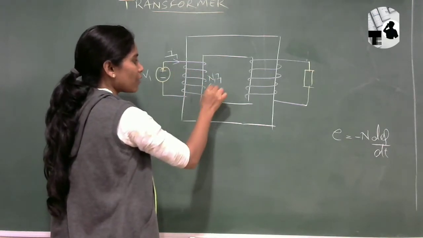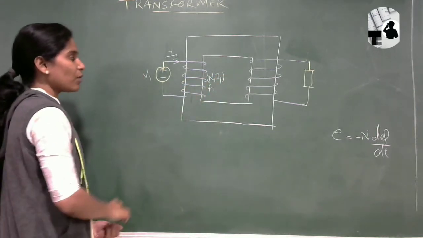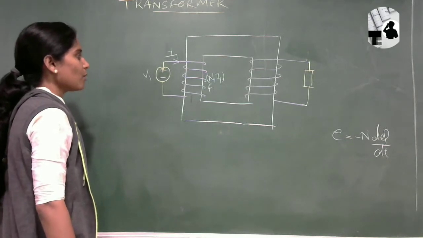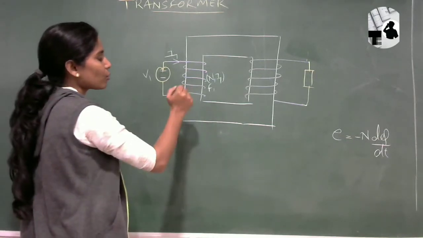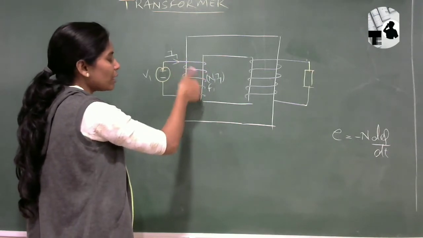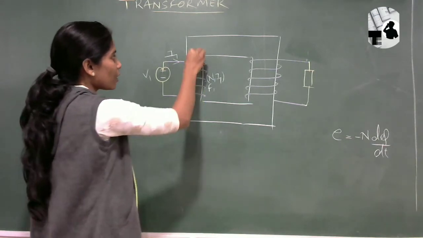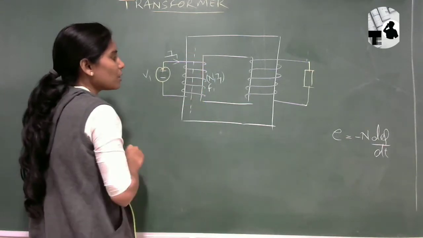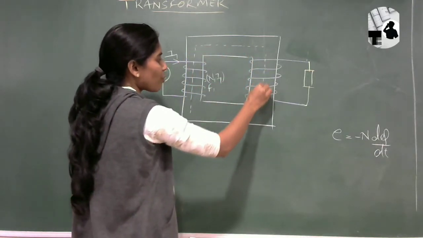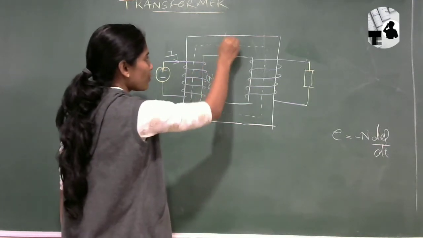So what will I get? I will get F1, which equals N1 into I1, right? So MMF will develop across this coil, which we have studied in the electromagnetic circuit. Due to the MMF, some flux will be developed, and the flux direction can be found through the right-hand thumb rule. So we will get some flux in this transformer core, and according to the magnetic properties, it will follow the intended path through the transformer.